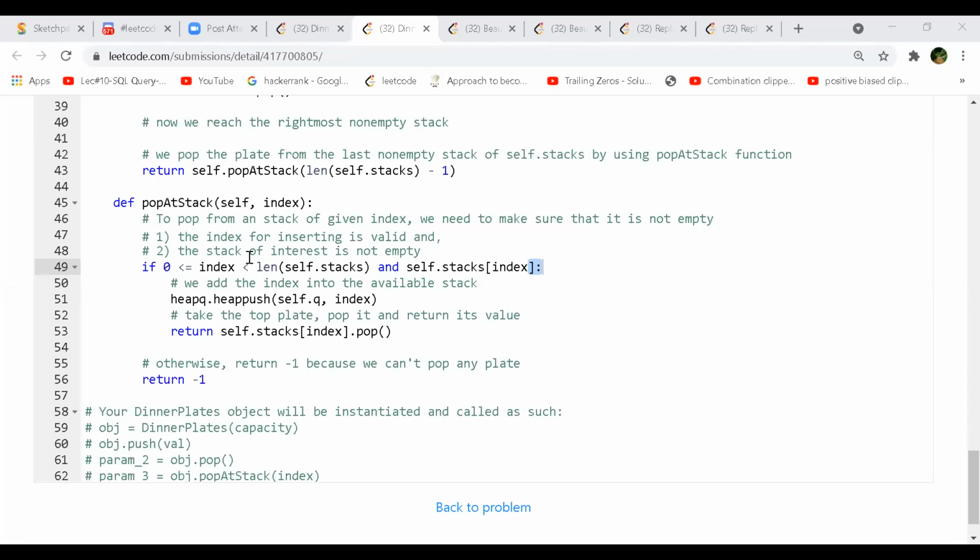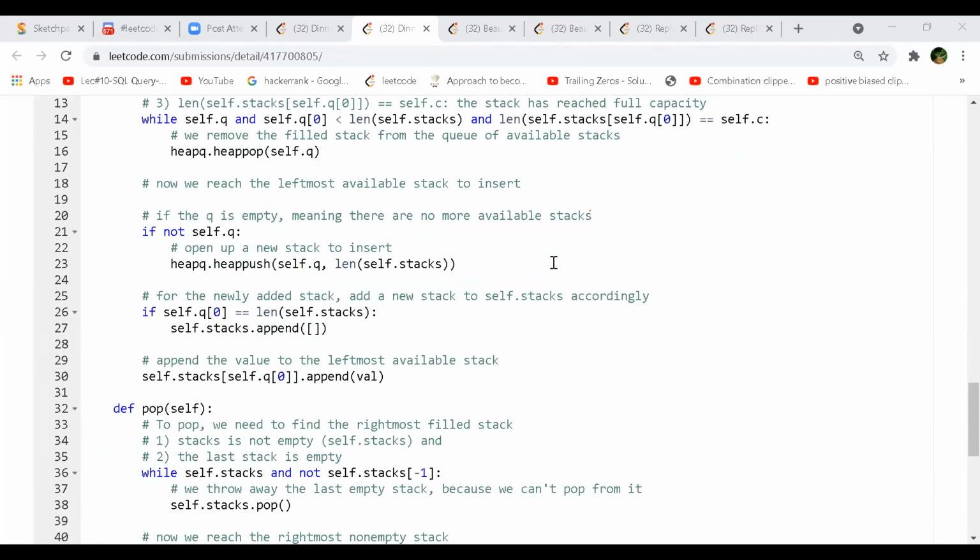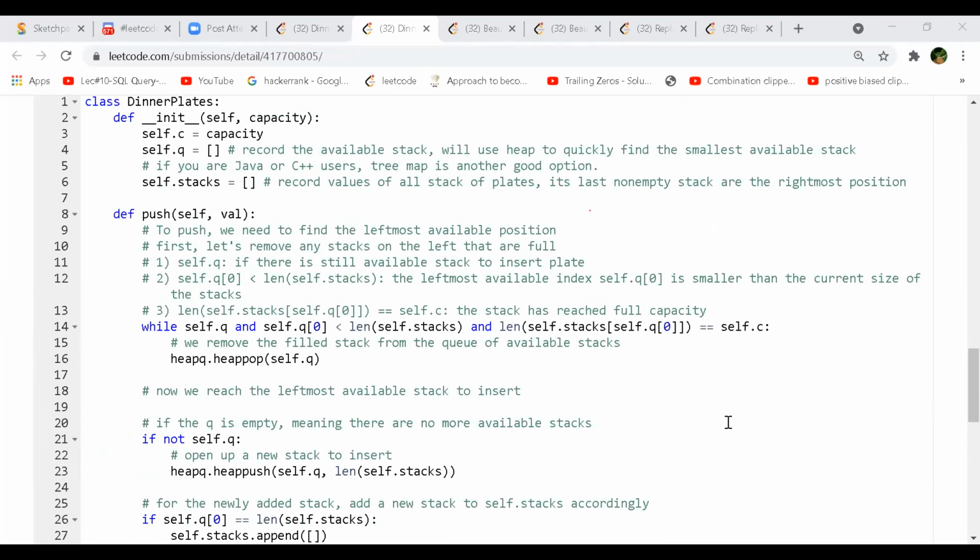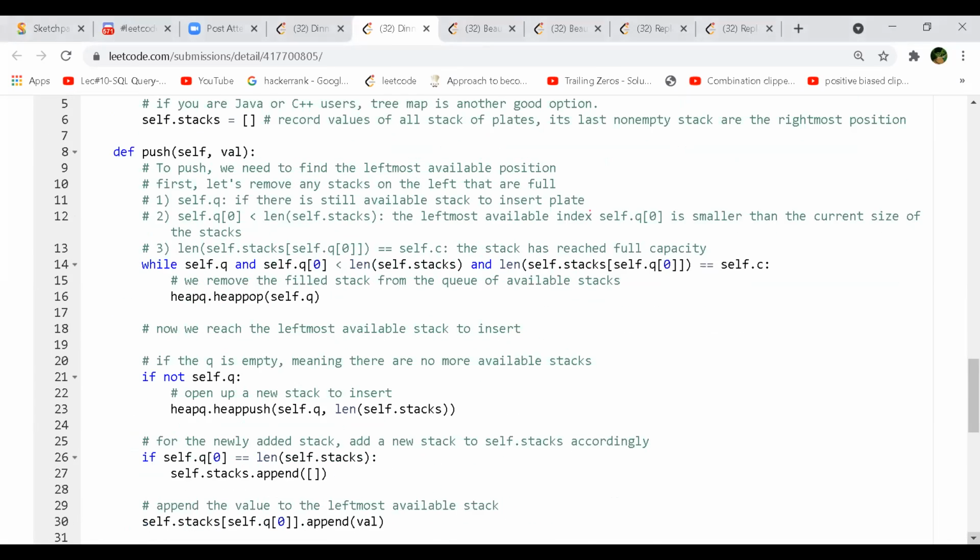This is mine. First, I check whether, let's say, the stack is full. Can you go to your push stack function? Okay, let's go to push. So we are checking the capacity here.